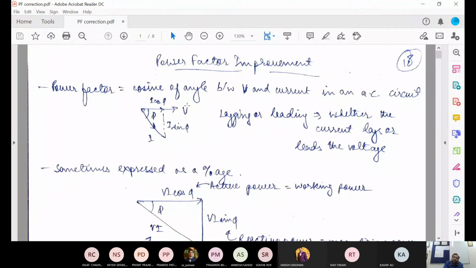You have the voltage phasor here and the current phasor is at a particular angle phi behind the voltage phasor. Even if they are in line, then also we can define the cosine of this angle phi. So if voltage and current are in the same phase along the same direction,